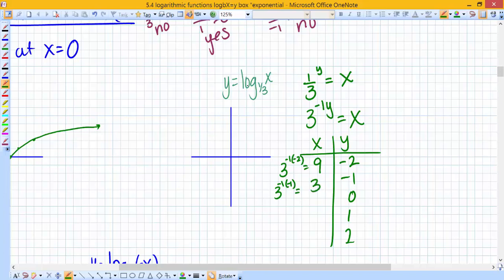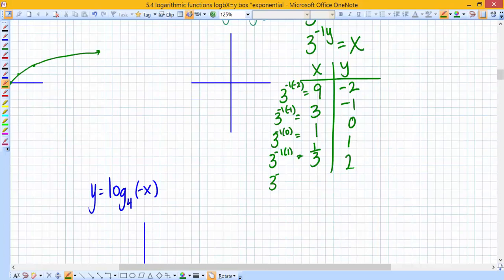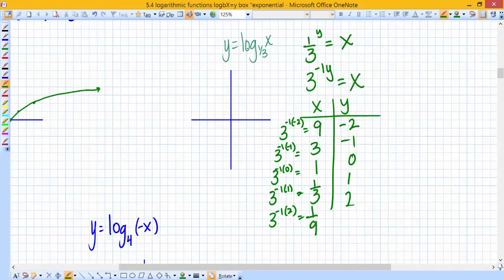Now I'm going to plug in 0. 3 to the -1 times 0. Well, that's 3 to the 0, which is 1. Now I'm going to plug in 1. 3 to the -1 times 1. That's 1/3. And 3 to the -1 times 2. That's 1/9. So now I've got to plot these points, and I have to put in my asymptote again because